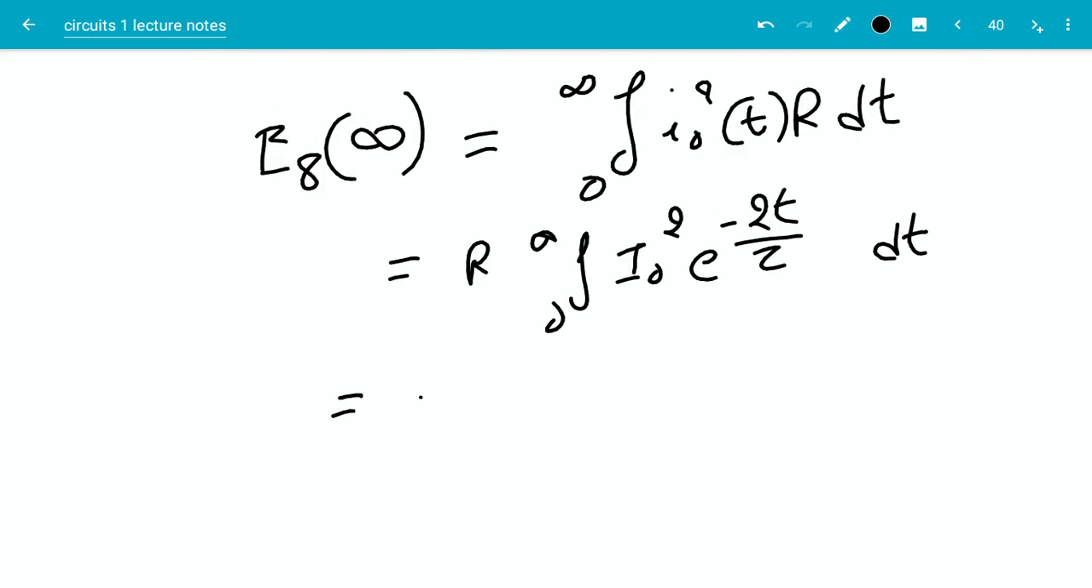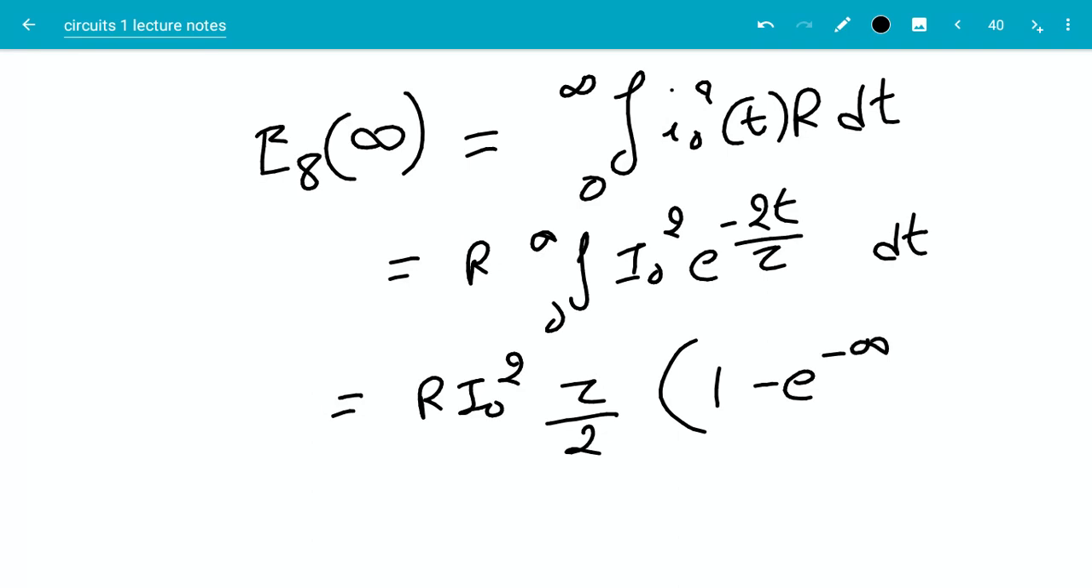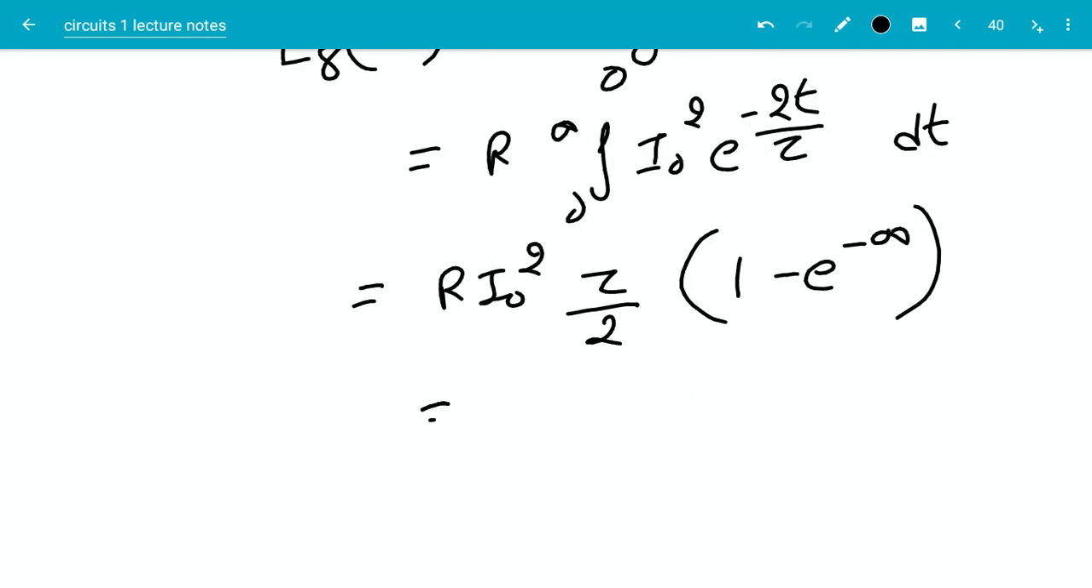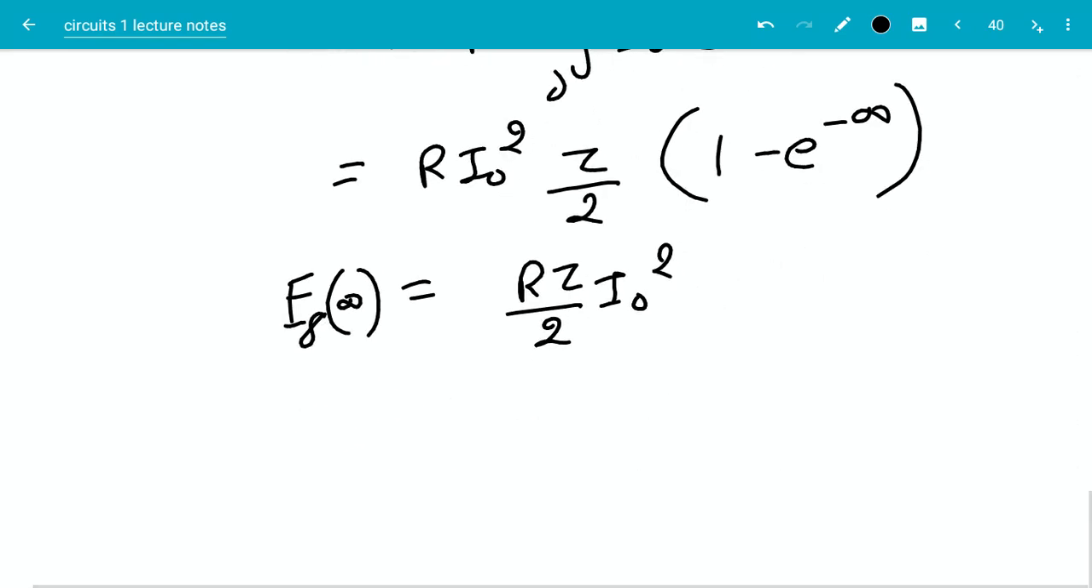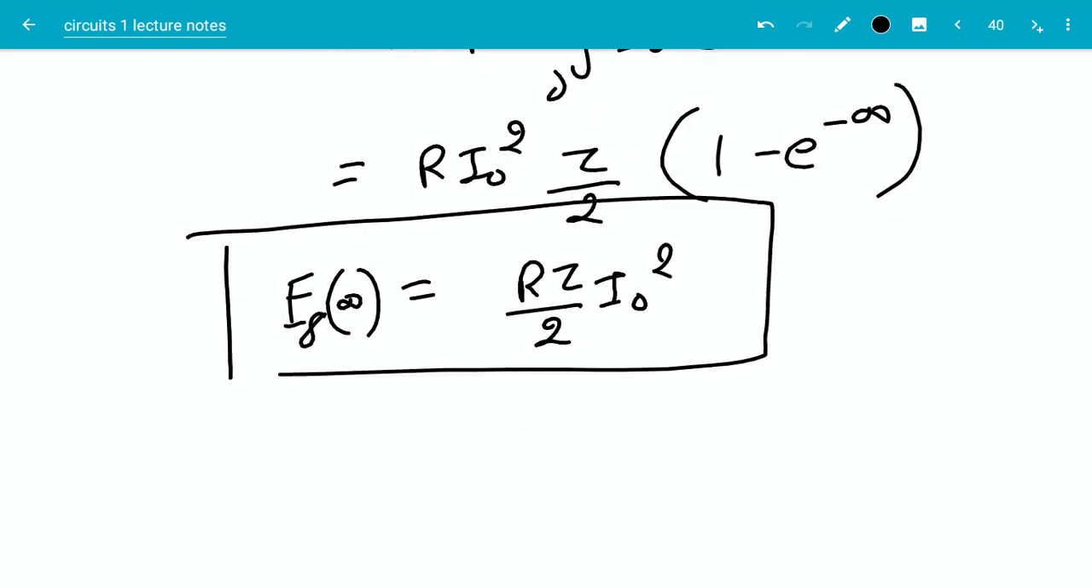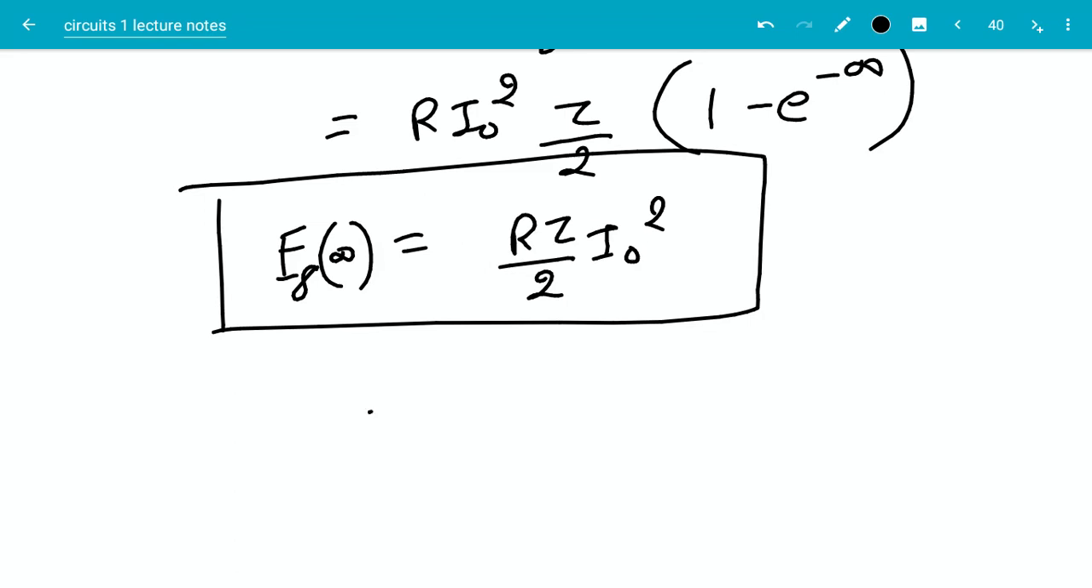So then this will be equal to R I0 squared, taking I0 squared out. And the integral of that would be tau over 2 times 1 minus e to the minus infinity, right? So this will be equal to R tau over 2 times I0 squared. This is E8 of infinity. Okay, let me put this as a formula, and then I can plug in the values to get 8 times